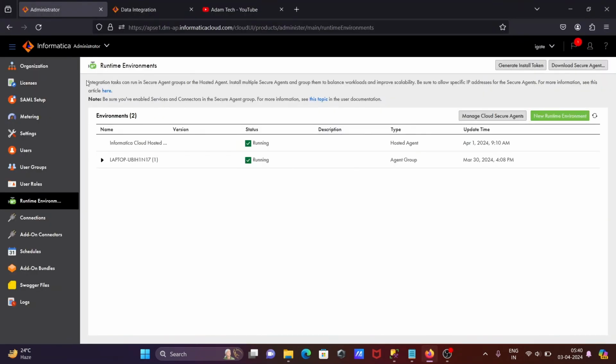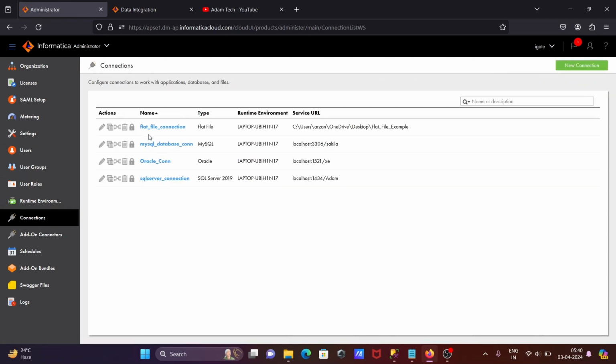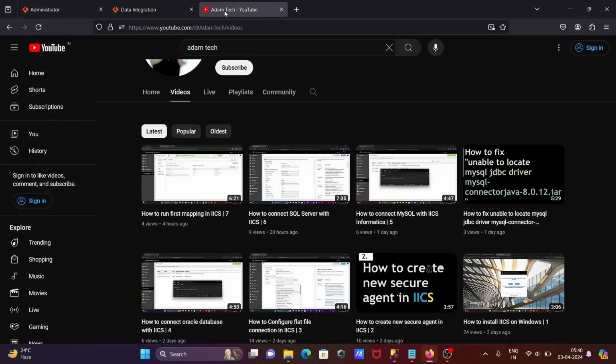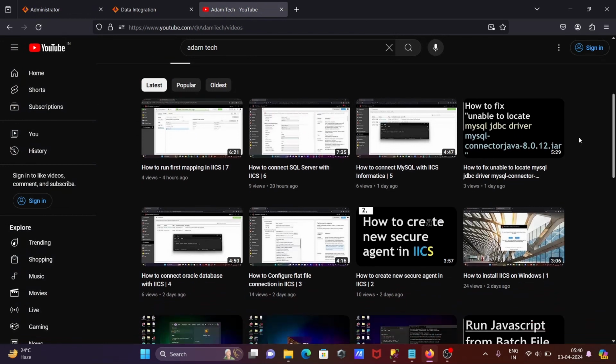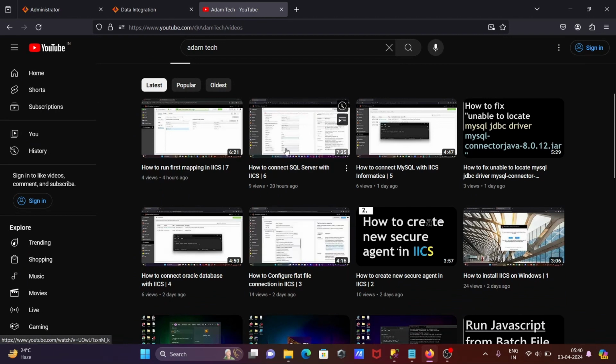First you need to check on this runtime environment that all the services are running. Thereafter, here I'm using these connections: first is flat file, then SQL Server. To create the connections for flat file and SQL Server, I discussed that before. For the flat file connection you can watch this video, and for SQL Server you should watch this video. Okay, now after that,